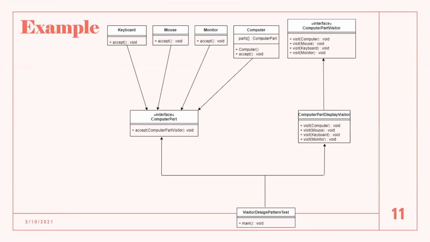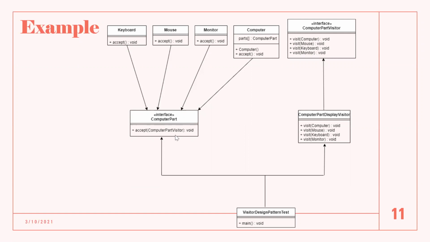This is the example which we are going to see. This is a very simple example which explains how our visitor design patterns are helpful. As you can see, there is an interface, the computer part interface, which has an accept method. This interface just gives the definition of the accept method, and it accepts an object of type computer part visitor, which